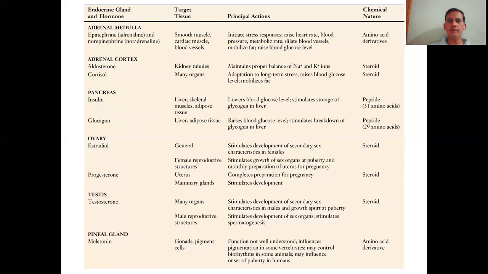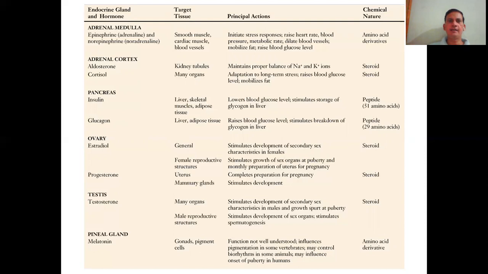So whenever there is an urgent requirement of doing something, let's say somebody is indulging in a heated argument or maybe in a fight, then these kind of hormones are very effective. So immediately one would realize that if he is having a heated argument, his blood pressure is high, the voice level is high, and this is because of the activity of epinephrine and norepinephrine. So the chemical nature is these are amino acid derivatives.